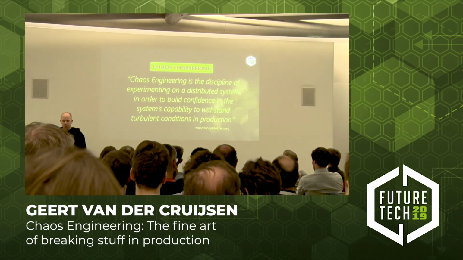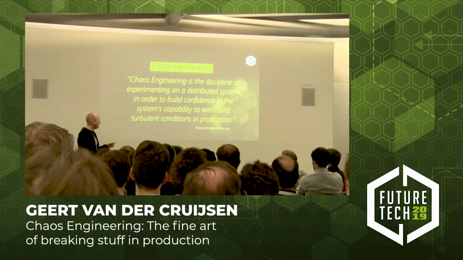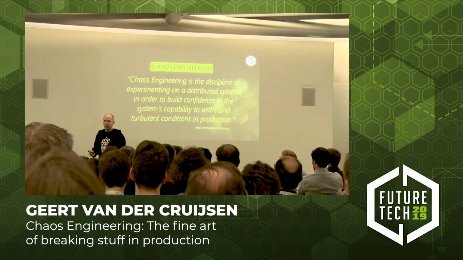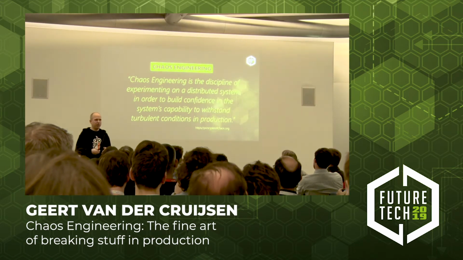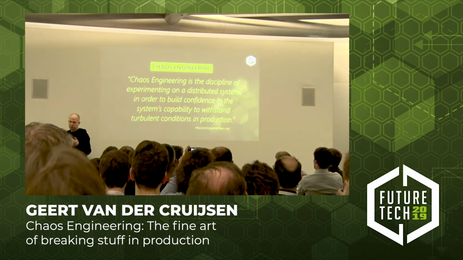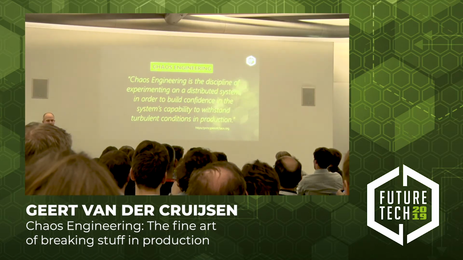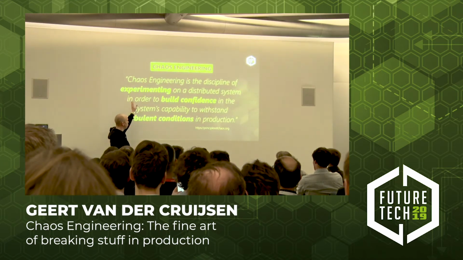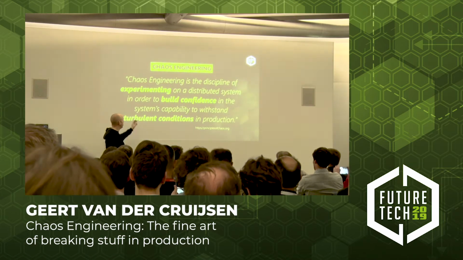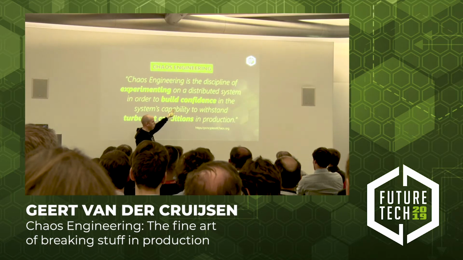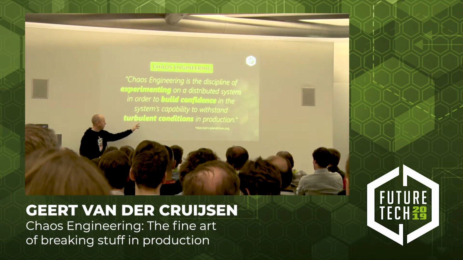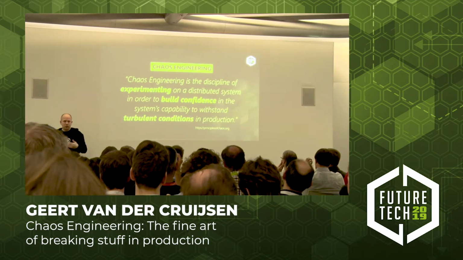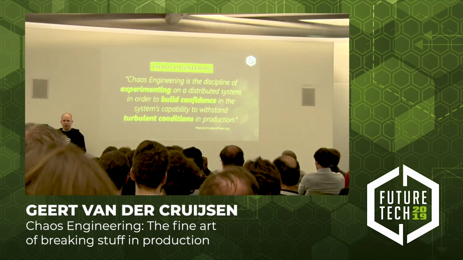Chaos engineering also has an official definition. It's stated on principlesofchaos.org, a website where all the people who practice chaos engineering join and created this statement. What I want to emphasize is the three important areas: doing experiments to build more confidence in your system during turbulent conditions. So we want to have confidence that when things happen, our application will still survive.